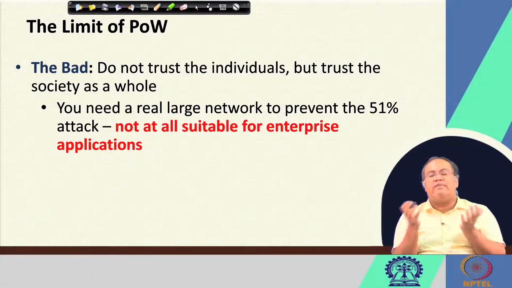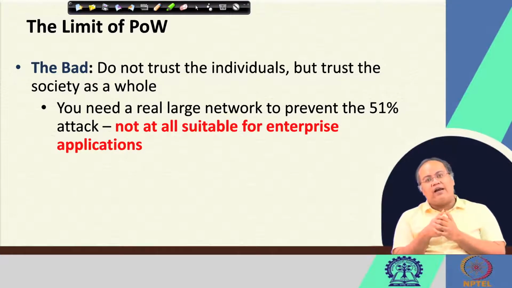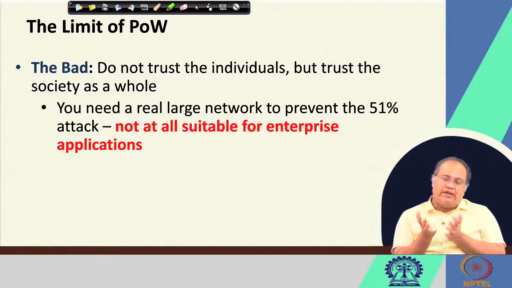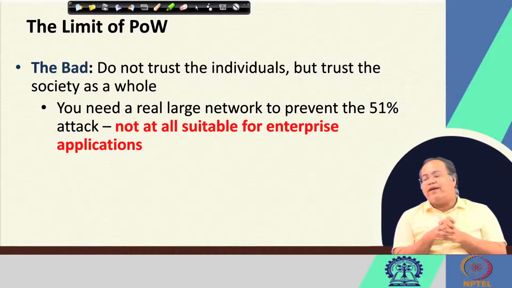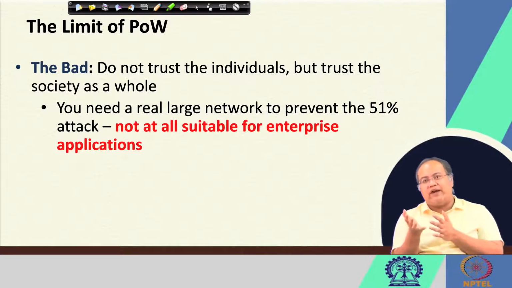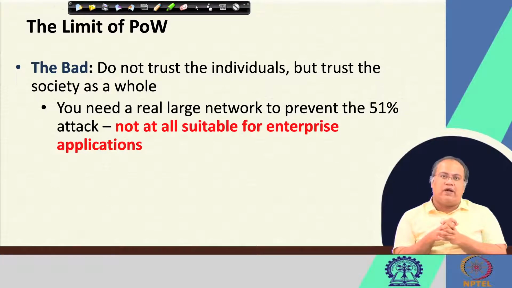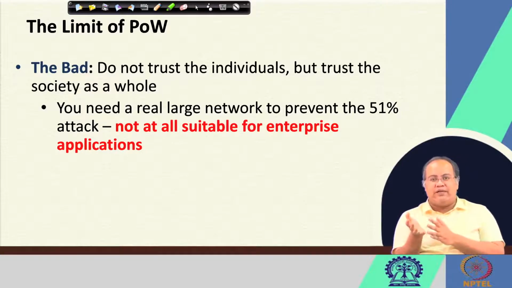Well, if you are not able to ensure that, then it is much easier for an attacker to mount a particular attack on those systems. For example, take enterprise applications like the supply chain management that we talked about earlier. In a supply chain management you have a limited number of stakeholders, certain vendors, certain refineries. If I think about a petroleum supply chain, the example that we have talked about earlier, you have certain refineries, certain distributors, then certain retailers and so on, and your network is not that large.